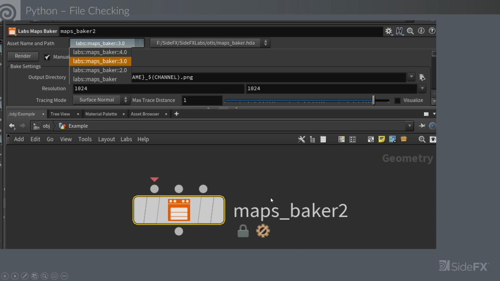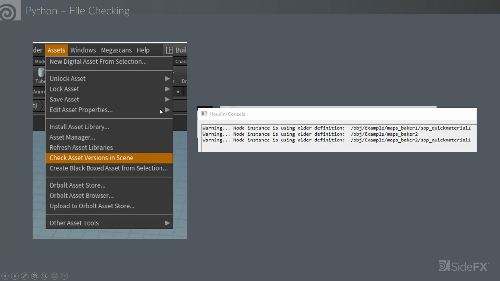So how do we do that? Are we going to select every single node and check if there is a newer version? No, because we now know Python. We know that we can do things a lot smarter. So what we can do inside of the assets menu here is take a look at the example from labs